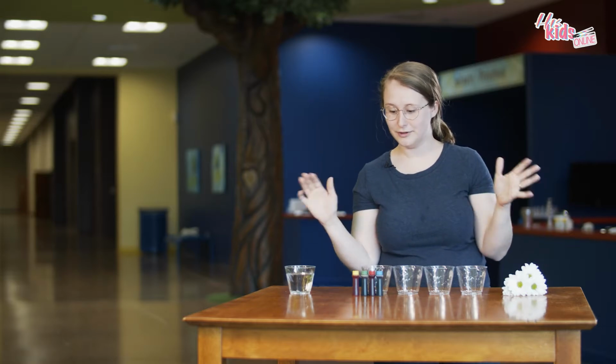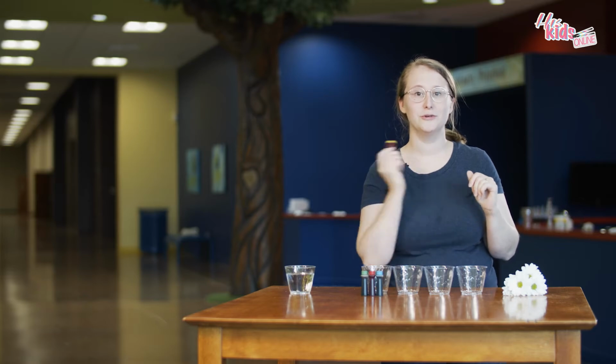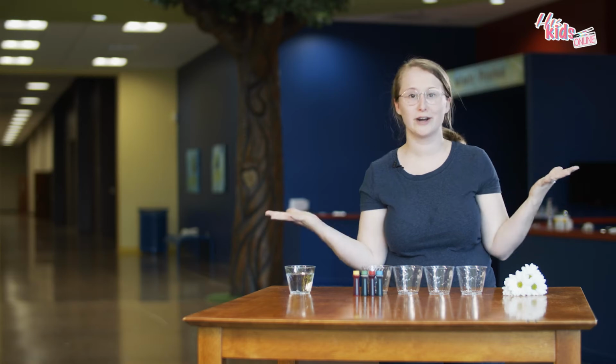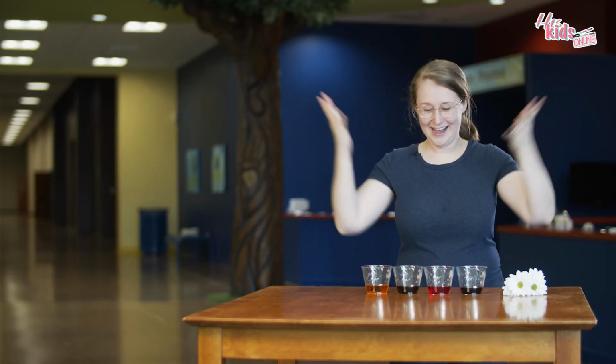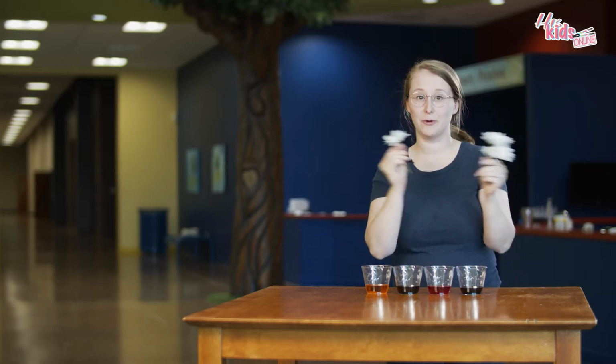So all we're going to do is take some food coloring and we're going to drop it into different cups. They can be clear cups, tall cups, short cups, whatever kind of cups you have at home. Then we're going to add a little bit of water to each cup. Ta-da! So once you have your food coloring solutions totally completed, then you can take your white flowers, any kind